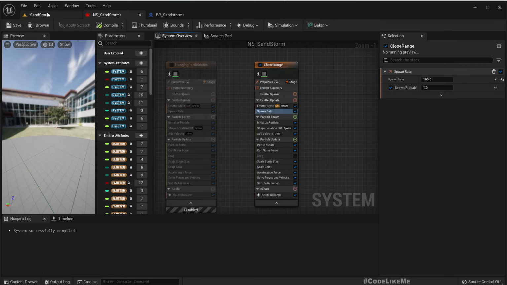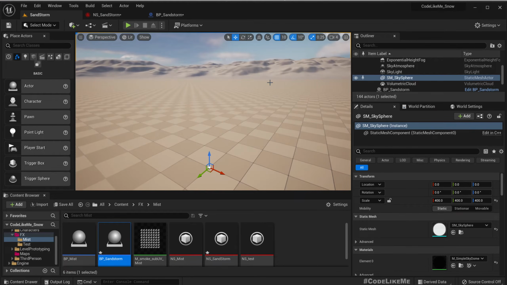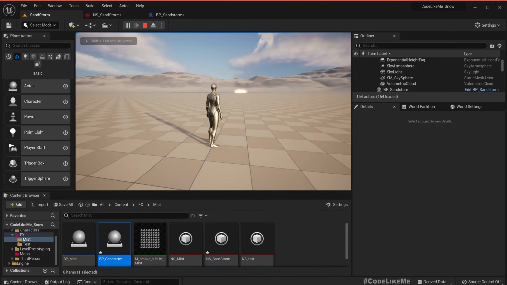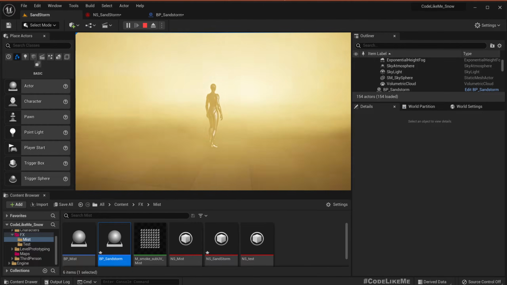Let me disable this so that I can only check it. Let's see how that feels. It's good, but I need to see individual clouds. So maybe